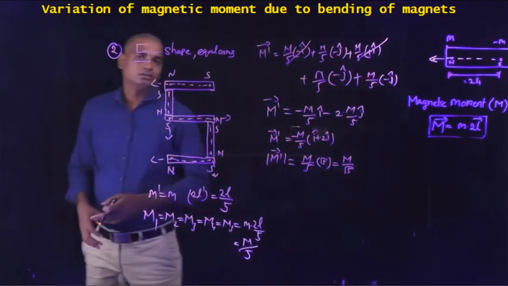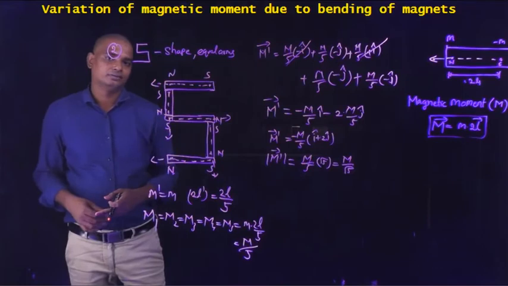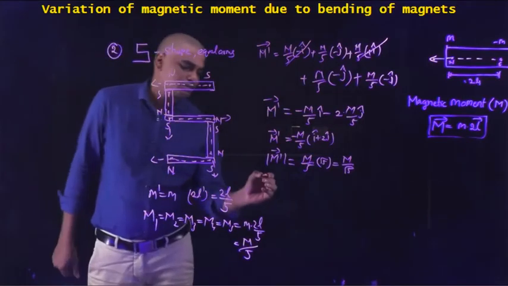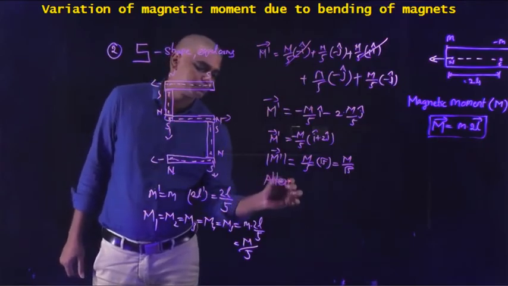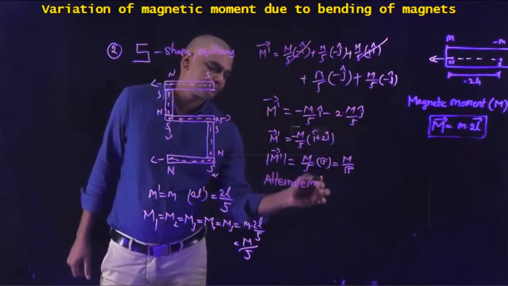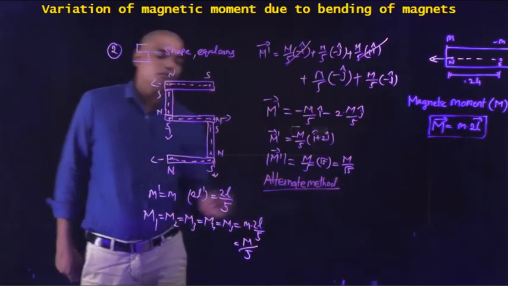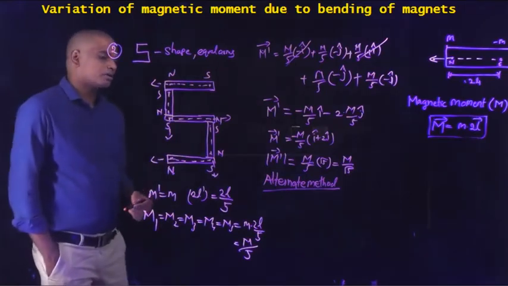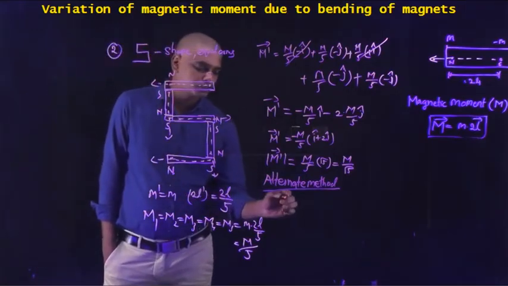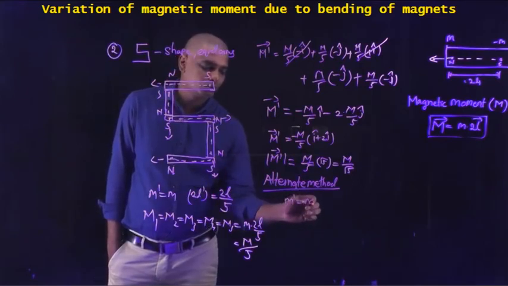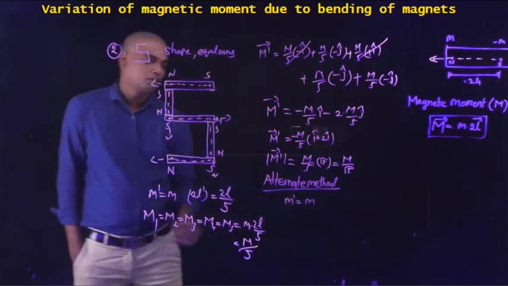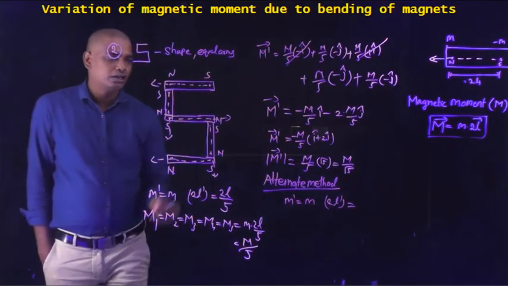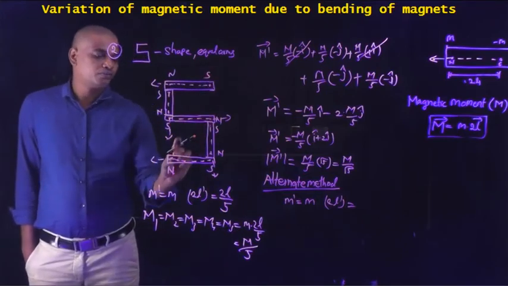See, it is the first method that we calculated earlier. So let us see how we can calculate in the alternate method. From now onwards, for different shapes we will calculate using only the alternate method. Right. So for the alternate method, we need to know the pole strength. M dash is equal to M, pole strength remains the same, and the magnetic length 2L dash is equal to 2L dash here. So it is the initial pole and final pole.